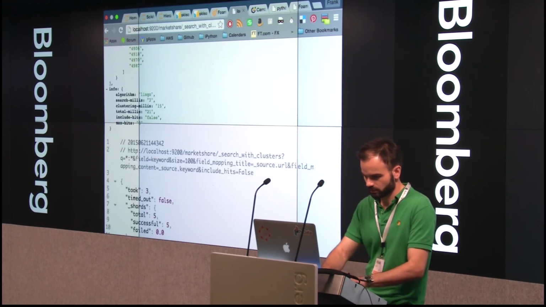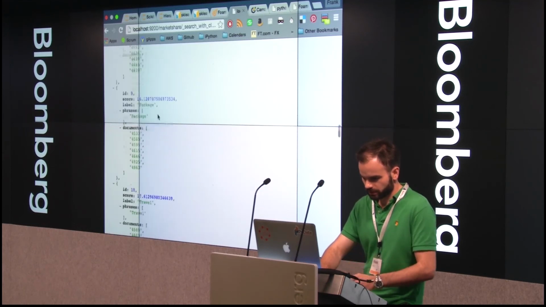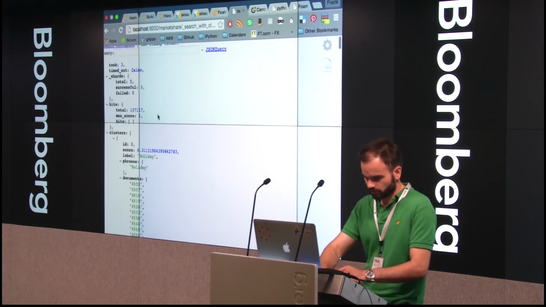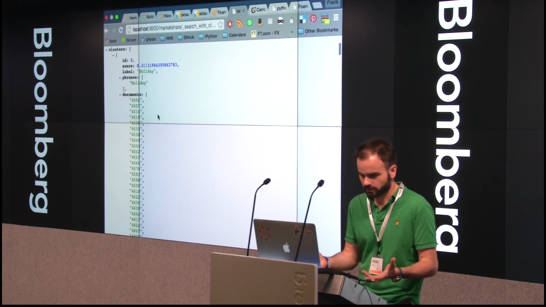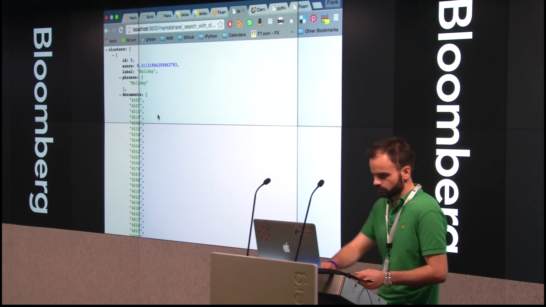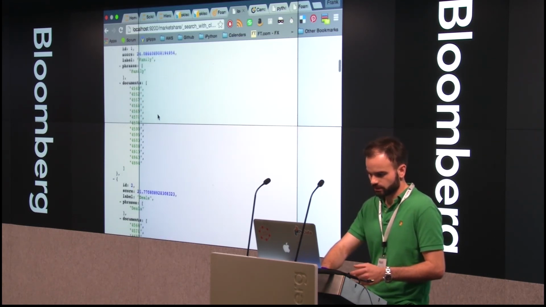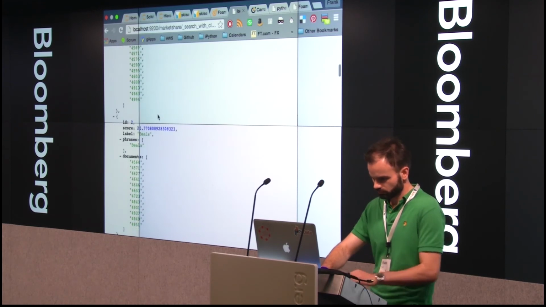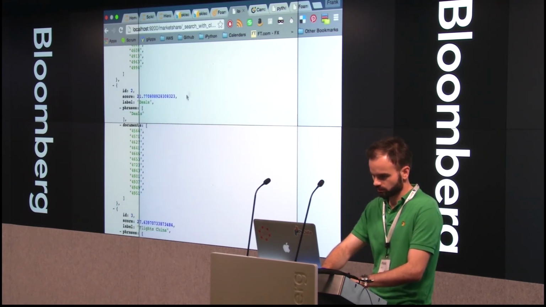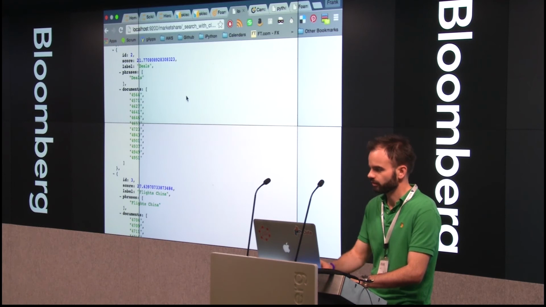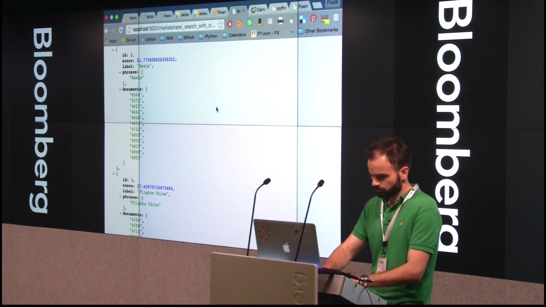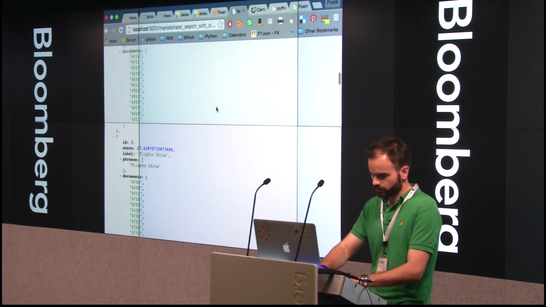So I just press return, and boom, it's just clustered all my documents for me. And it's done all the topic labeling for me. This is just a flat structuring, but there is a hierarchical option available as well. But I just thought it was a very nice solution.